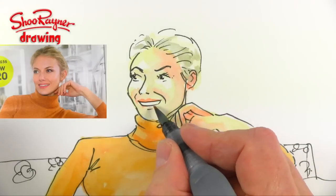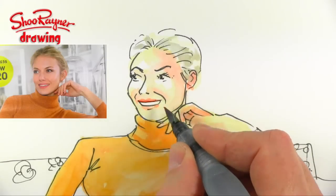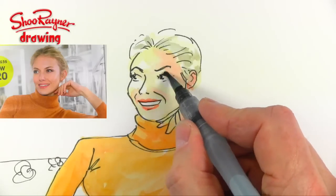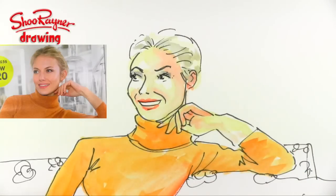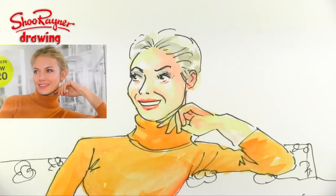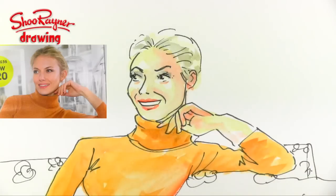That's much better. And then on the lips, I'm going to leave a little bit of white, and I'm just going to add a little hint of darker pink in there. That's got it. Now I'm happy. And I'm going to add a little bit of darkness around the eyebrows, like it's makeup, eyeshadow, and then we probably want a little bit underneath as well, like that. And then we want some darker tones in here for shading,